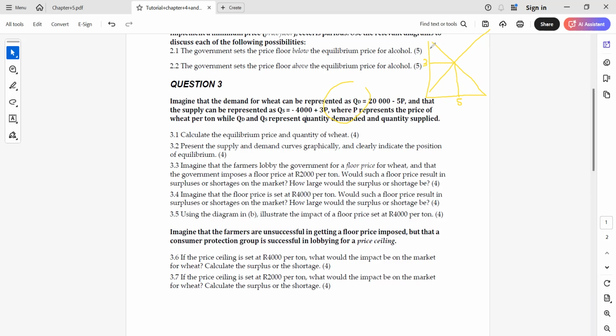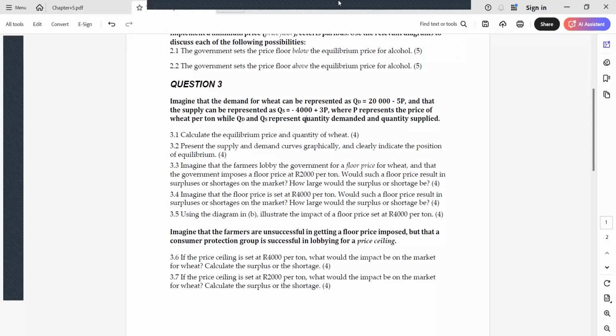So we know that a price floor is set above the equilibrium price. So if it is set at 4,000, it's just what we did here in number 4. So now we're going to put the price floor here, then you're going to have 4,000. Then the effect is the same. The price is going to increase, so the quantity which is demanded will decrease. And then we said here it was 0 because we substituted 4,000 in this P to get the quantity demanded, and also 4,000 here to get the quantity supplied. The quantity demanded, we got 0. The quantity supplied, we got 8,000. Then we calculated the surplus and we said it was 8,000. So I feel like this is the same. They're asking the same thing here in 3.5. So let's do